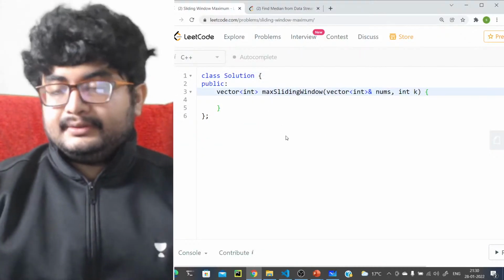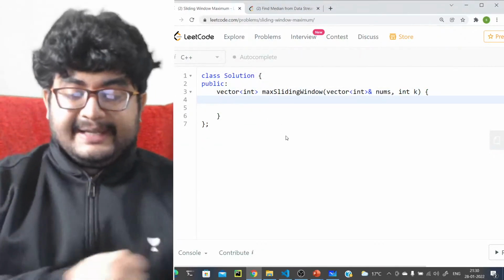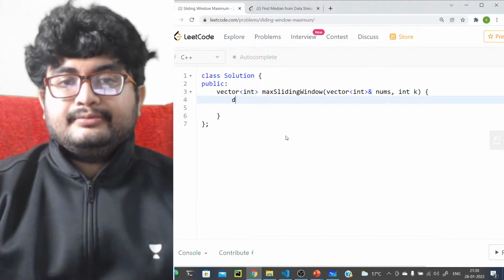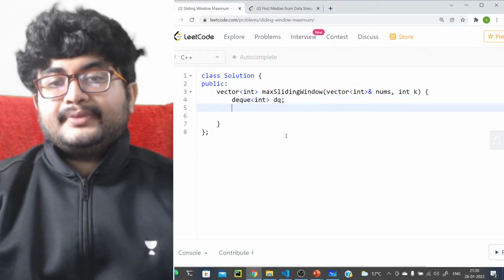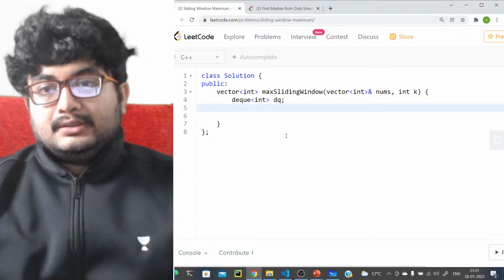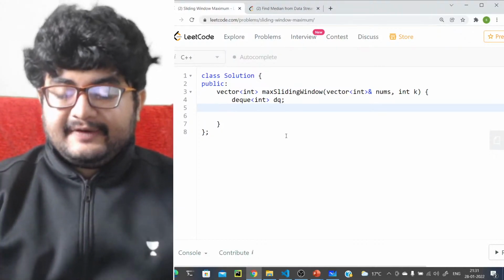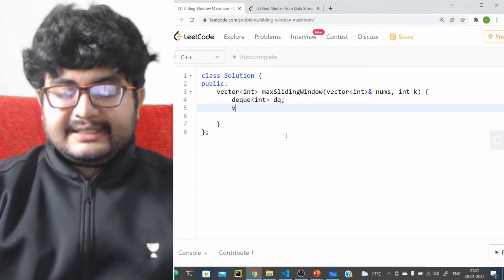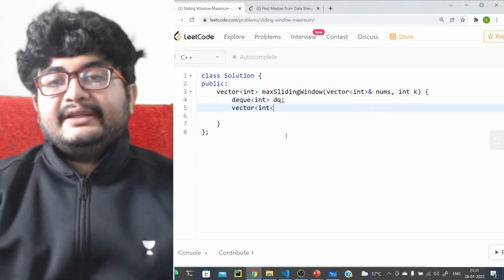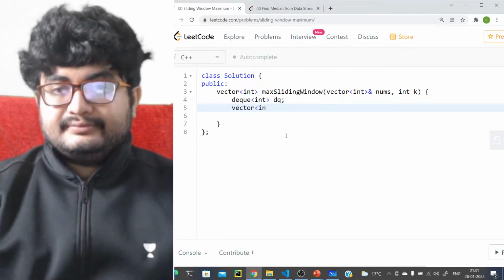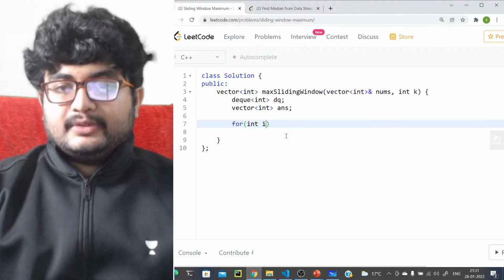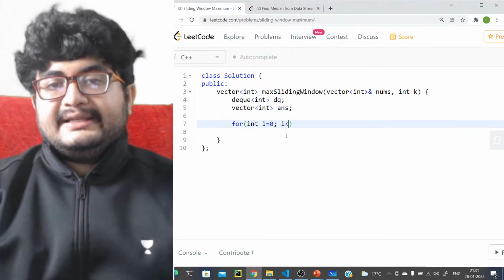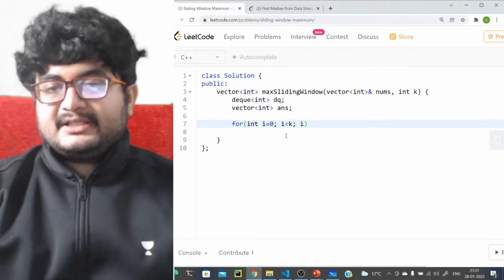Okay. So what we'll do is we'll maintain a DQ, right? So deque of int, let's call it DQ. For the first window, first of all, we'll cover the first window. So let's keep a vector of int answer. Let's cover the first window: for int i equals 0, i less than k, i plus plus.